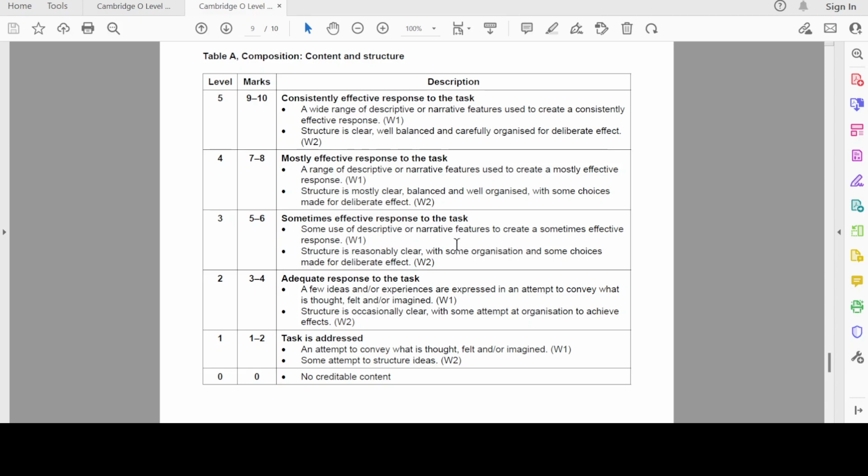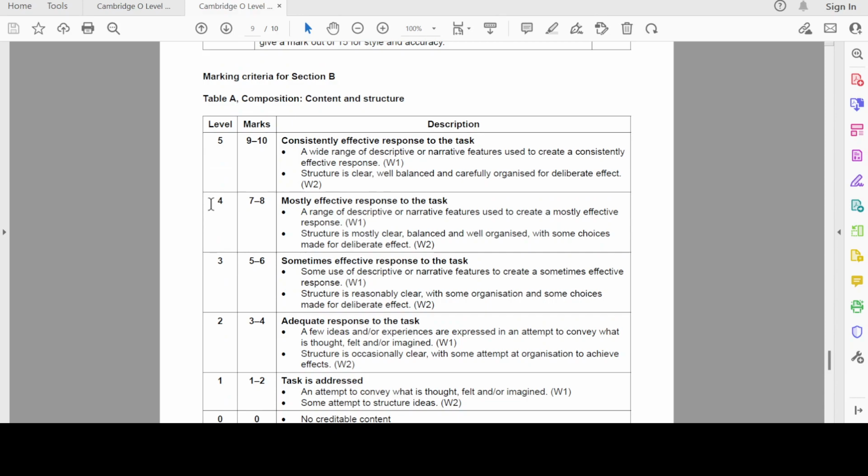Structure is reasonably clear with some organization and some choices made for deliberate effect, right? So the structure, the way it's organized, the way it's presented, right? The ideas, the flow, all of that, again, right? So that's mid-range. Then level 4, which I call, right, the good range,